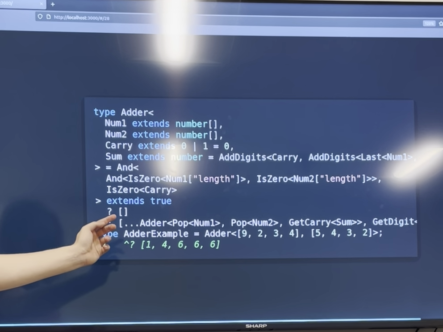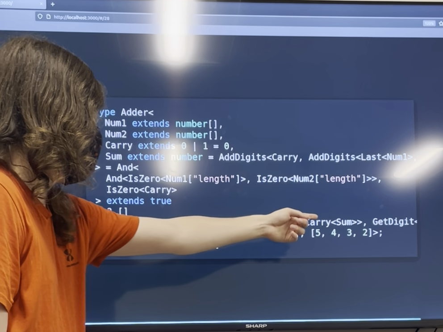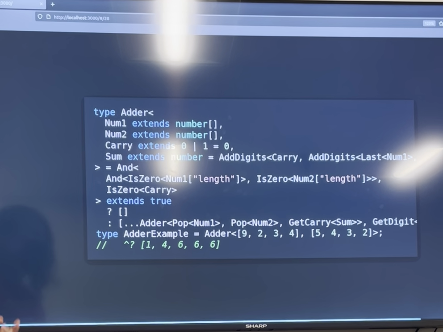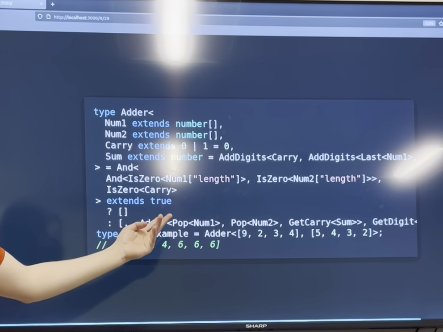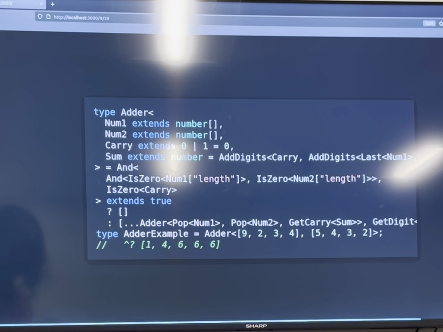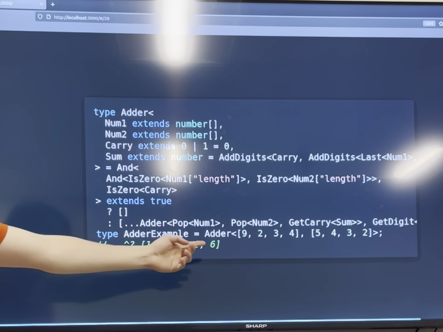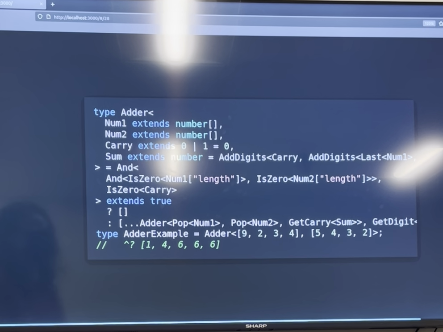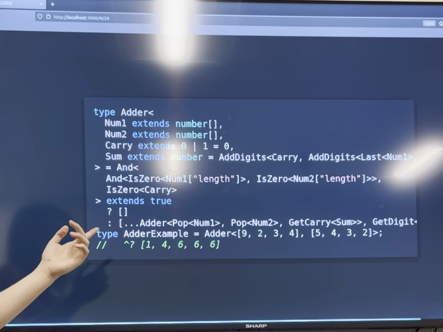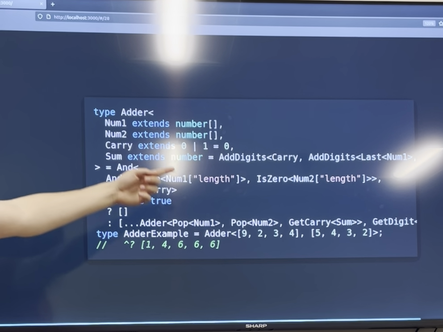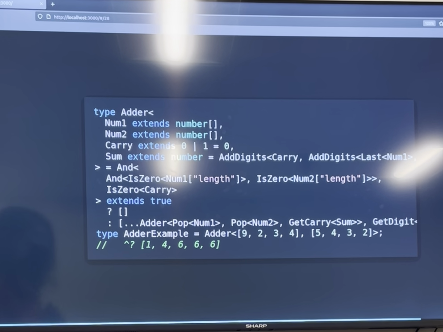Then we take this item here. We take our 6, we grab the carry, which is 0. We grab the digit, which is 6, and pass it back through after popping these off. You'd continue through. So like there's 6, 6, and 6, so I won't bore you with going through all of those. But then we have 5 and 9, which is a little bit of a different case. So we have 5 and 9. Our carry at that point is 0. So from there, we add them up. We get 14. We get the carry, which is 1. We get the digit, which is 4. And in that case,